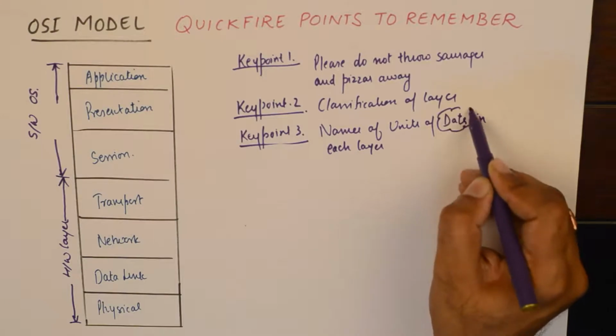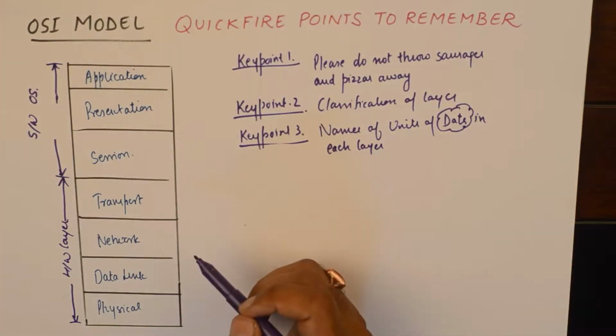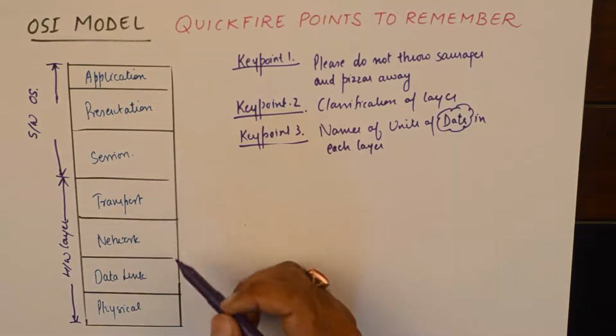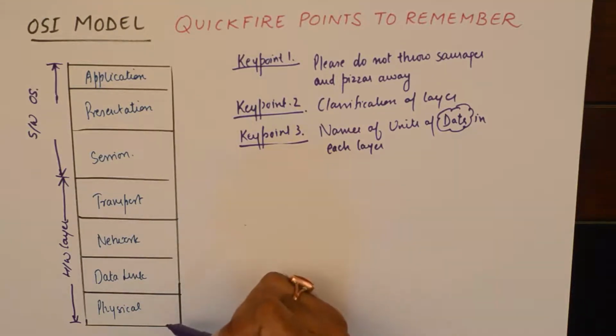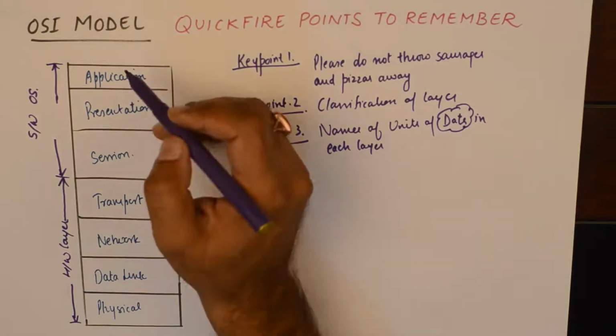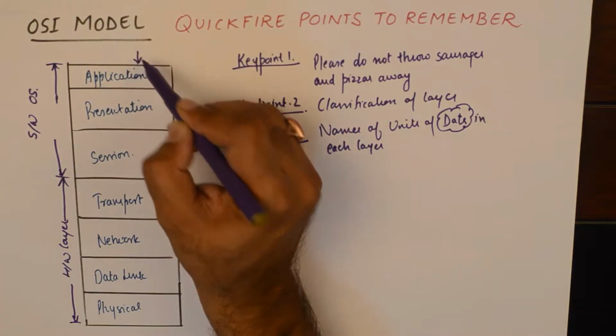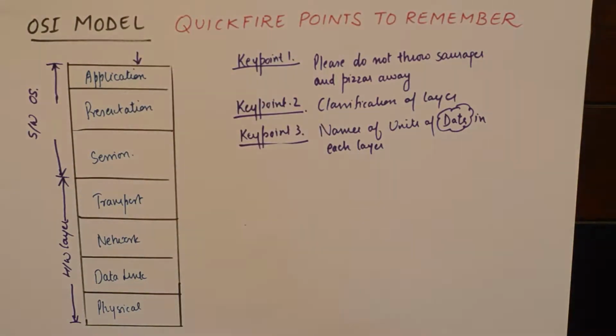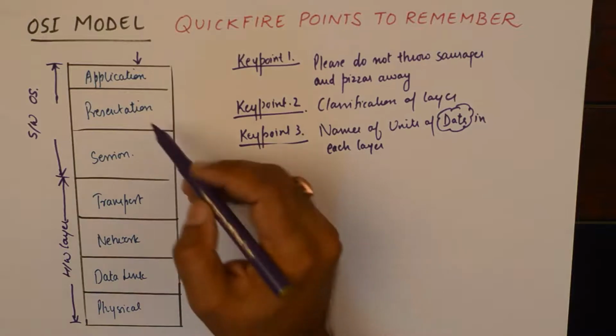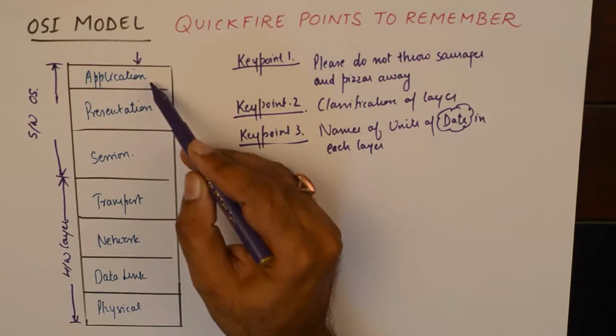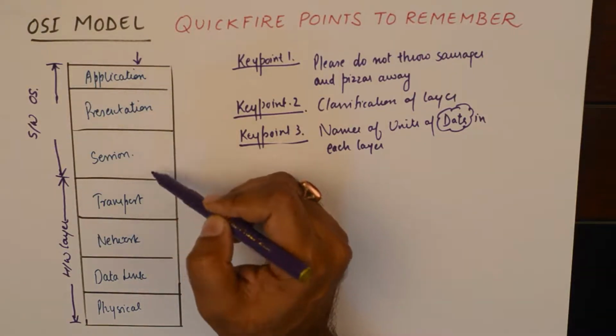Now what happens is, if we think of this OSI model from the perspective of a sender, then the sender would type in something in its browser, and that data will be processed by the application, presentation and session layer,